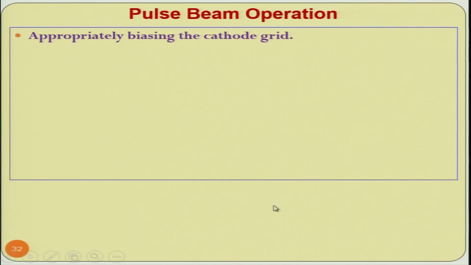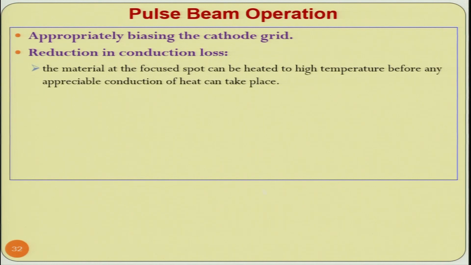Pulse beam operation, appropriately biasing the cathode grid, reduces conduction loss. The material at the focused spot can be heated to high temperature before any appreciable conduction of heat can take place. It should always be kept in mind that focusing, say this is the workpiece, then the focusing of the